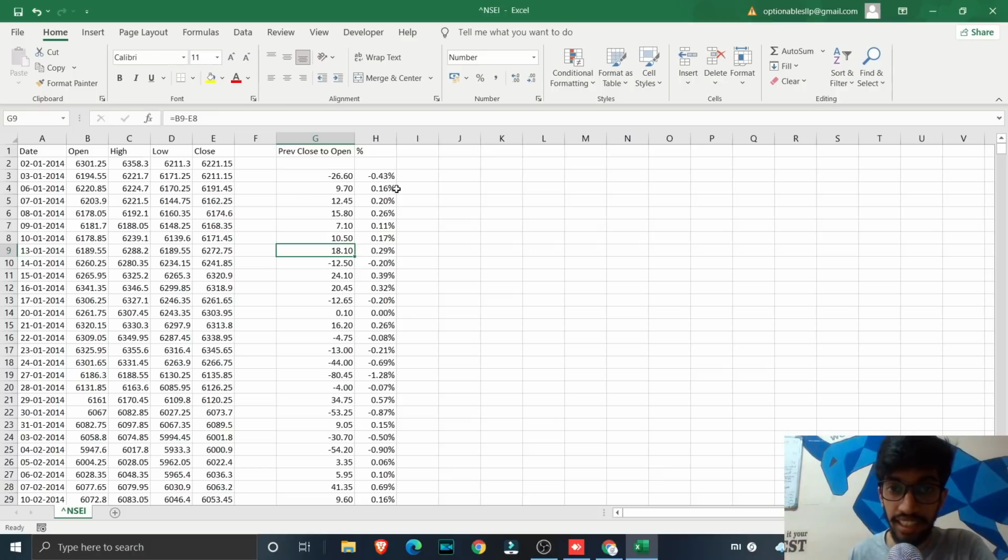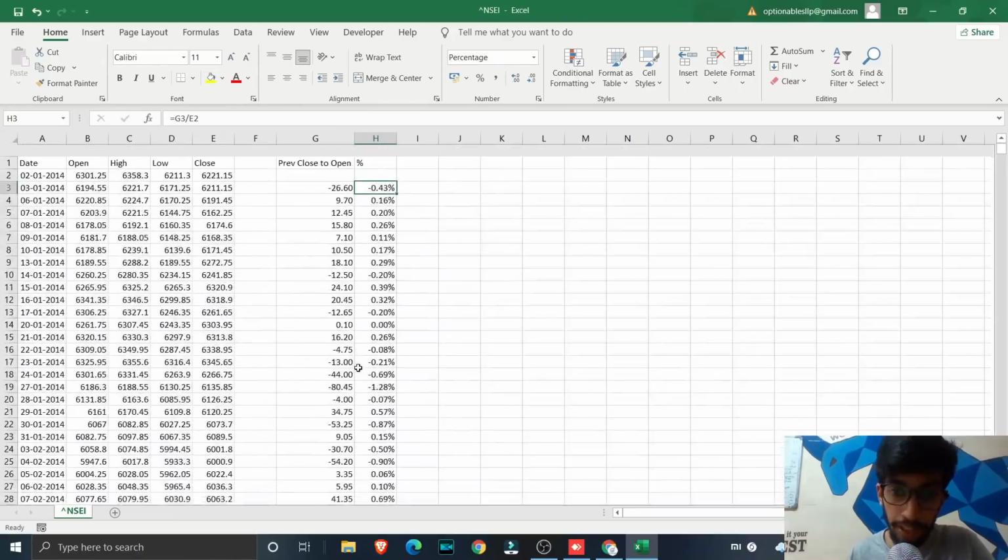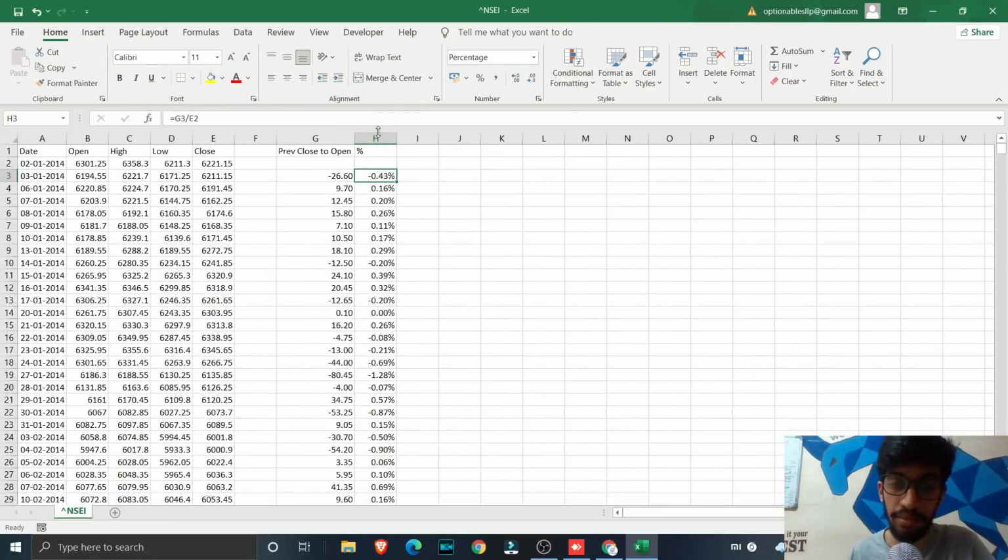And using this data, we just try to calculate what is the percentage change in previous close to current day open, right? So that is all we have done here. And using this data, we are going to actually build our system. So this part is about cleaning the data and making your data ready for analysis. So till now you just made your data ready for analysis, and now we are actually going to start our second step of actually analyzing the data.